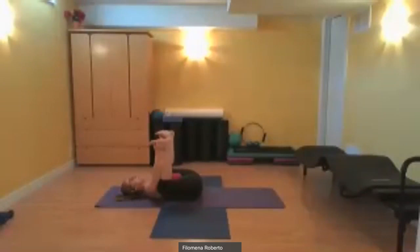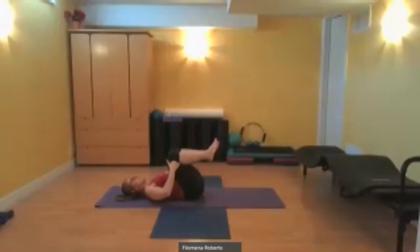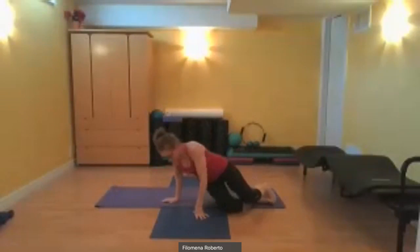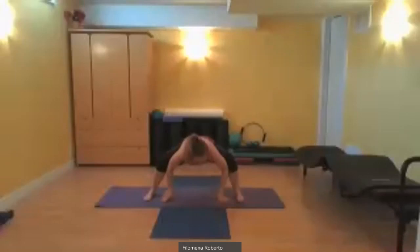Breathing it out here. And from there, we're going to bring the feet together. We're going to lift it up. Relax the shoulders, bend your knees, and give yourself a little rock and roll up. From there, we're going to come onto all fours. Then we're going to hop onto the feet, walk, spread the feet out, and we're going to come down into